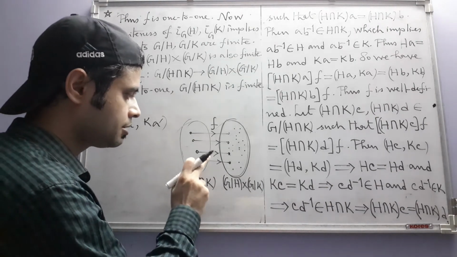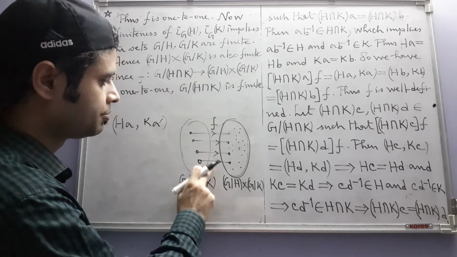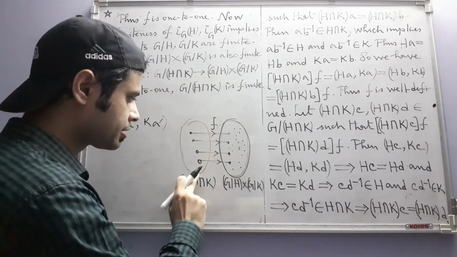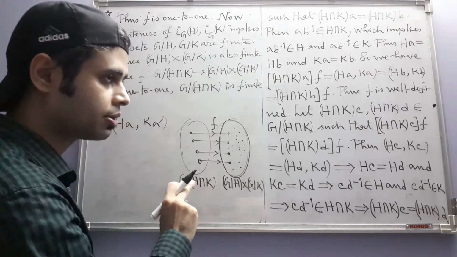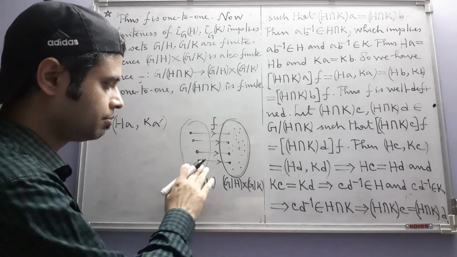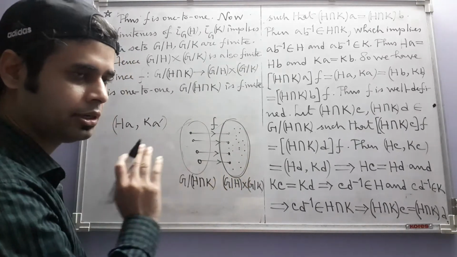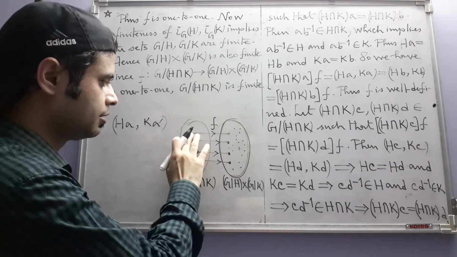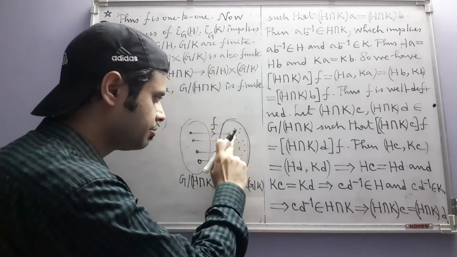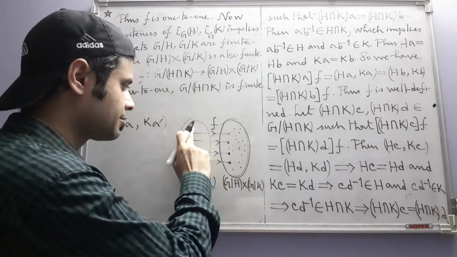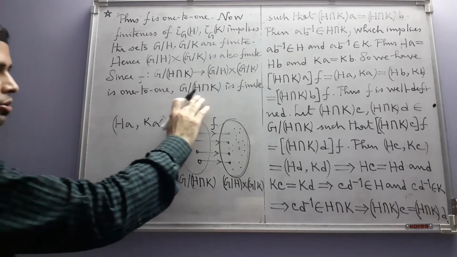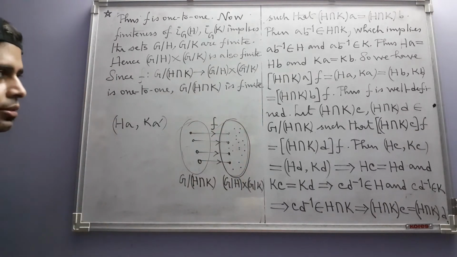And from this situation you can also see that the number of elements in the first set is less than or equal to the number of elements in the second set. Actually it's less than, but we don't need that strict inequality. The point here is that there are at least that many elements in the second set as we have in the first set. So that's why we are concluding that this is finite, and there is something more.